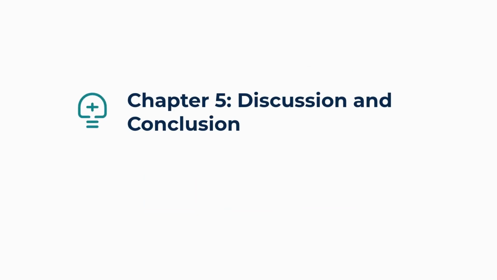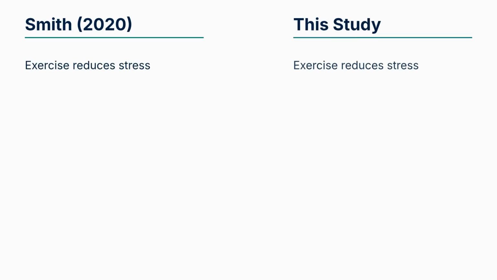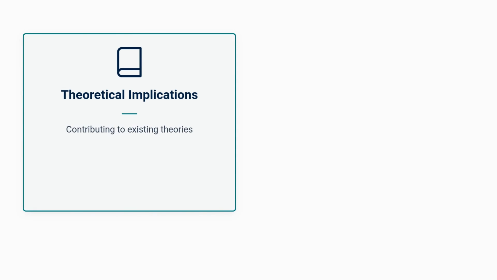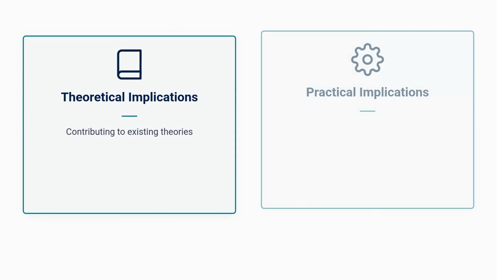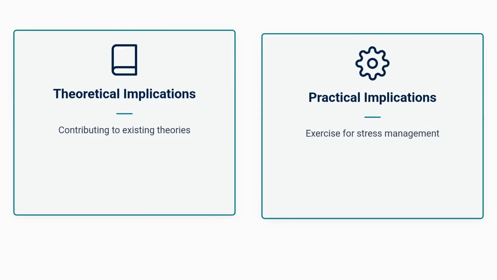Chapter 5, Discussion and Conclusion. In this chapter, interpret your results and compare them with previous studies. For instance, this study confirms findings by Smith that exercise reduces stress, but adds that social support plays a mediating role. Discuss theoretical implications, such as how your findings contribute to existing theories, and practical implications, like recommending exercise programs